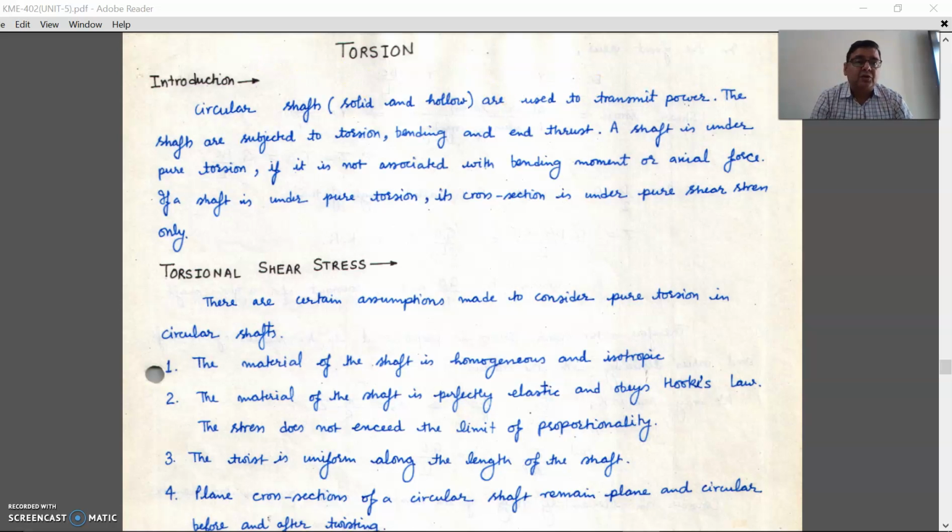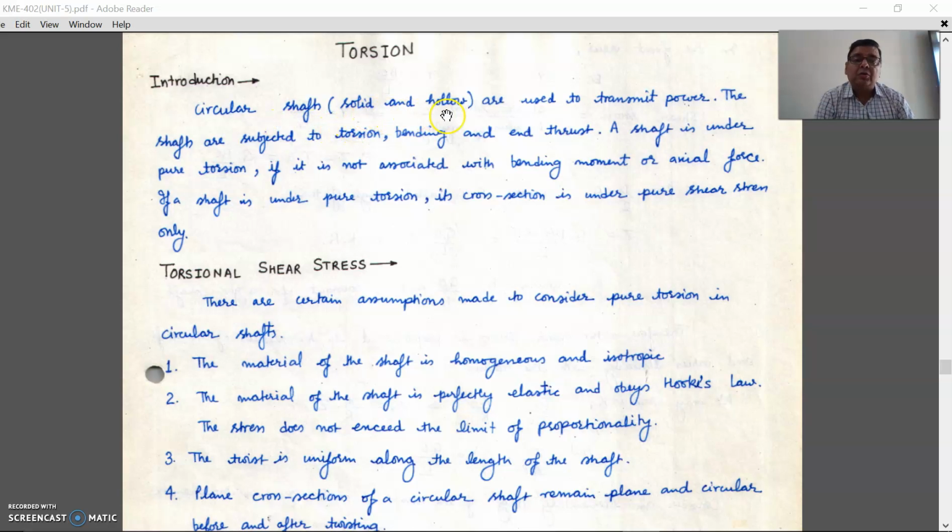And that chapter is called torsion, right? To be precise, it is the second chapter of your fifth unit. We already covered stresses, and after stresses we will start torsion. Just about the introduction of this chapter, as we can see over here also, circular shafts, whether solid or hollow,